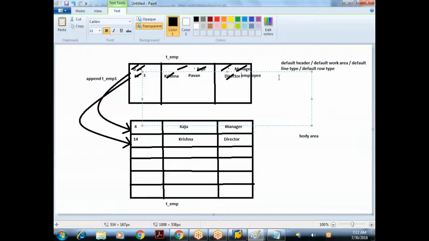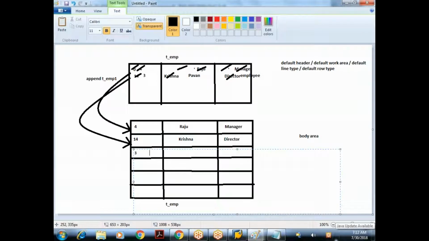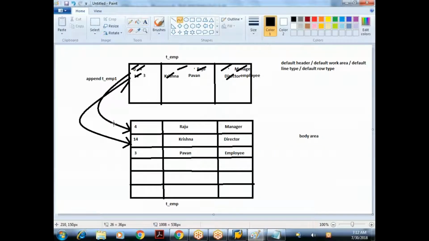Okay, done. So I got the data. Again you are saying append, so append will copy to the end of the internal table. So 3, Pawan, and Employee. Again the append statement has copied the data from header to the end of the internal table.